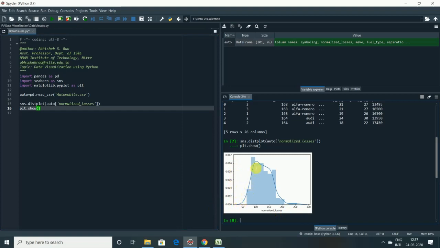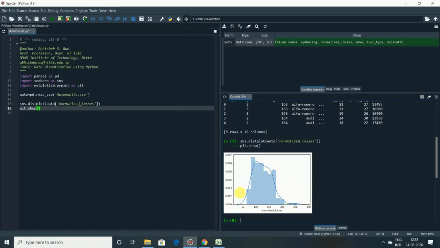The curve you can see is the kernel density function, which is plotted as well, right? Now this is the histogram, this is the kernel density function, and the rug plot is missing. By default, the rug plots are set to false.